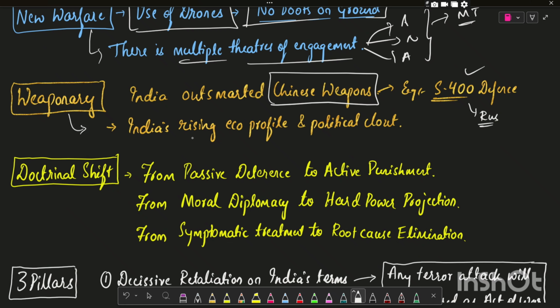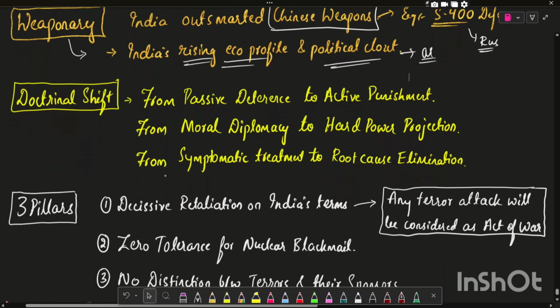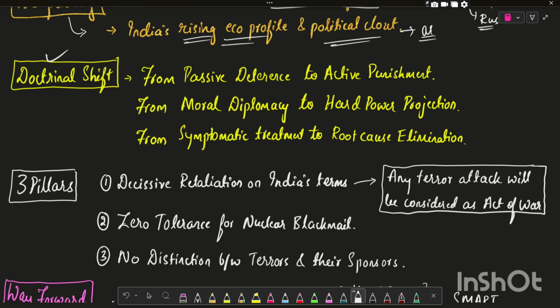Through weaponry, India showcased its rising economic profile and political clout across the globe. And there was also the doctrinal shift of India's policies towards Pakistan. What was the doctrinal shift? The policy of India towards Pakistan